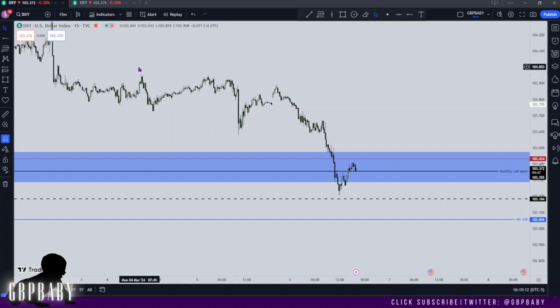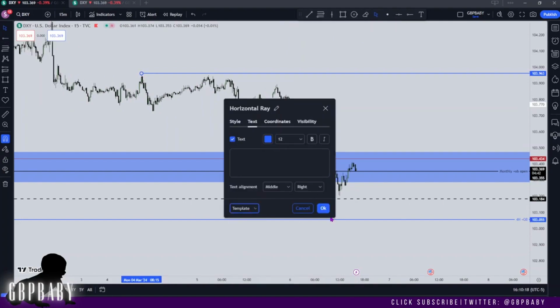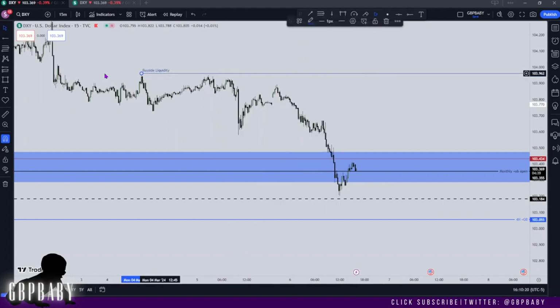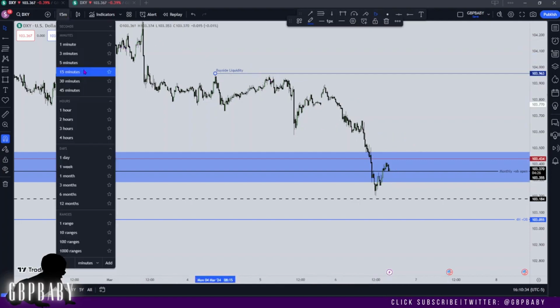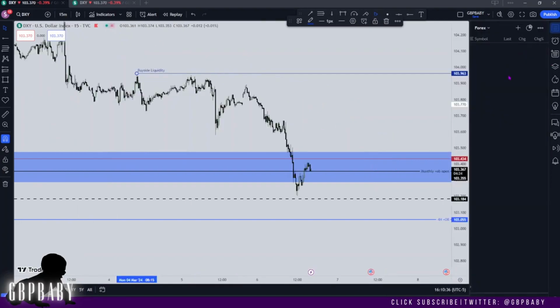Pretty simple. We can see again we've got relative equal highs. I think I drew our attention to these highs previously as well. There's some buy side liquidity resting above here, so that's what I'd see as a target, assuming we do get a bullish reaction and we see a change in the state of delivery. So that's what I'd be looking at for buy side targets. But yeah, obviously we're gonna have to wait and see. Let's now go on to